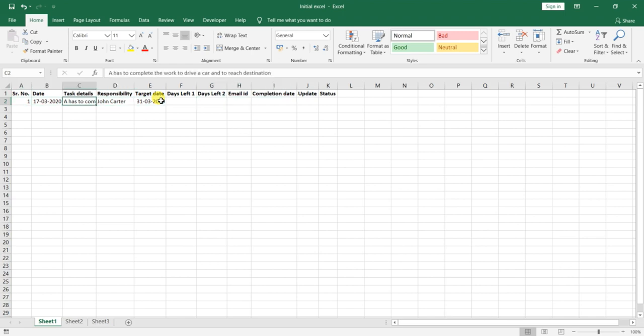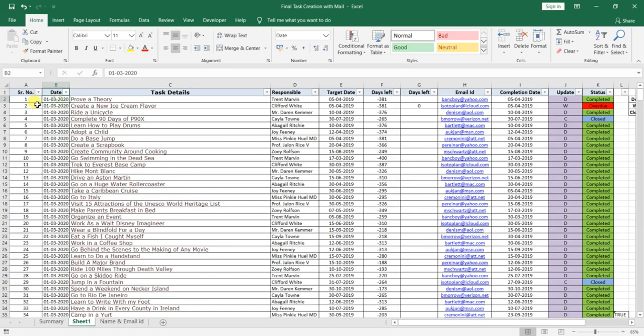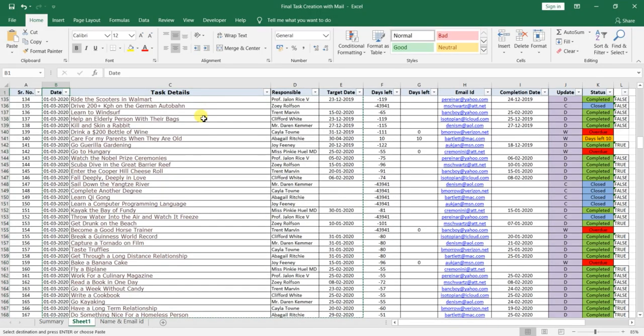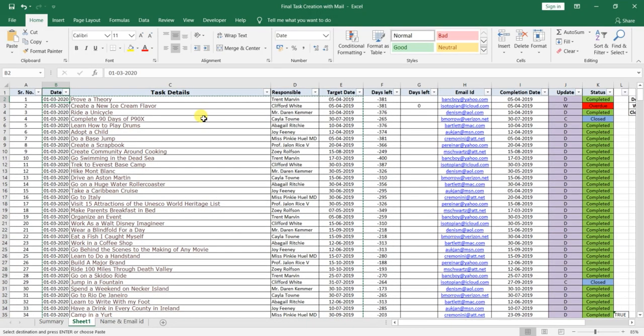Now, likewise there are lots of tasks or work which need to be completed, and I hope you have some data. I am taking this data which is available with me right now, just to show you. See how I selected it. First of all, whatever you want to select, press the Shift button, then the right arrow key.